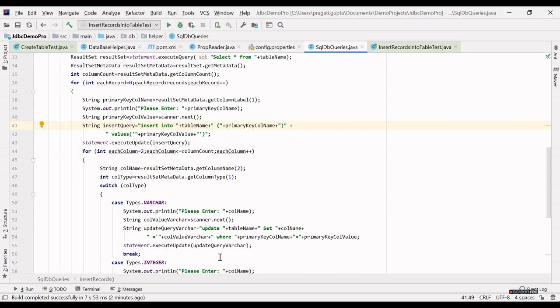Since we are giving the varchar value, I gave one single quote here and did not end this single quote. Let's check the other mistakes. So guys, please be careful about all types of mistakes.